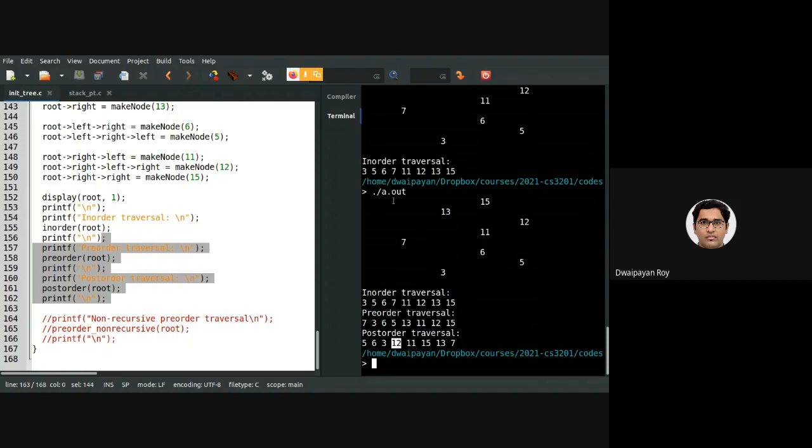But this is actually not good. As you can see, I am printing the tree in the way that we will be drawing the tree in our pen and paper. So what's wrong with this? What's wrong with printing the tree by just following either of the traversals?